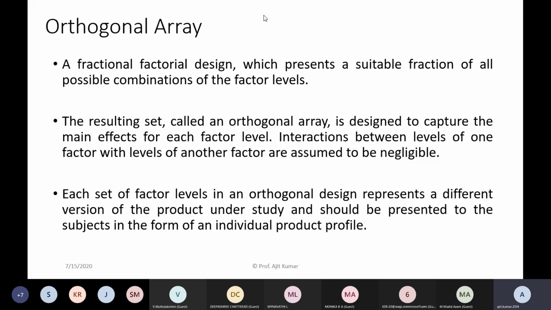So in the orthogonal array approach, whatever number of combinations you have is reduced to a fixed number of combinations. How is it done? I'll show you using SPSS, right?